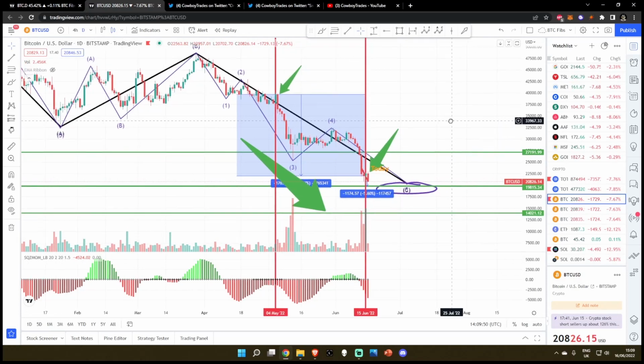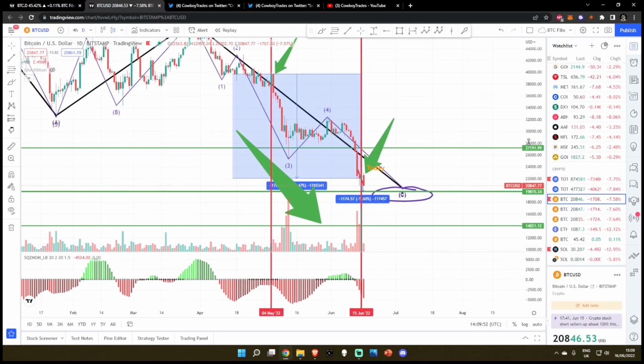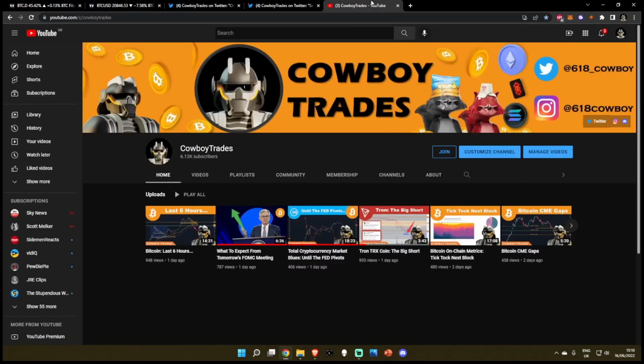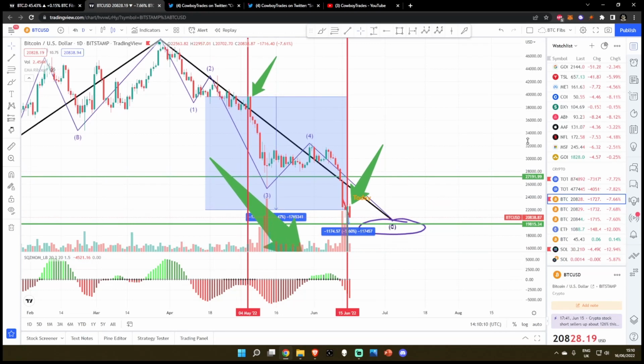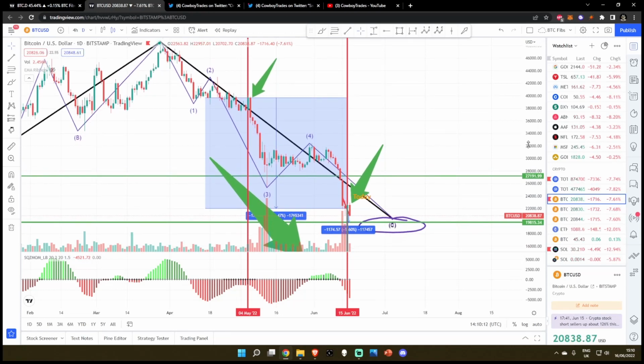However, my macro price targets in order from most conservative to most bearish are 18,500, 16,500, and 14,000, which I do not believe is coming into fruition. But like I said, I'm not going to run through all of these charts talking about every price target because I would simply be regurgitating yesterday's video, and that's not what I want to do. So like I said, this is the exact fractal that we're seeing playing out right now. We pumped into the FOMC.